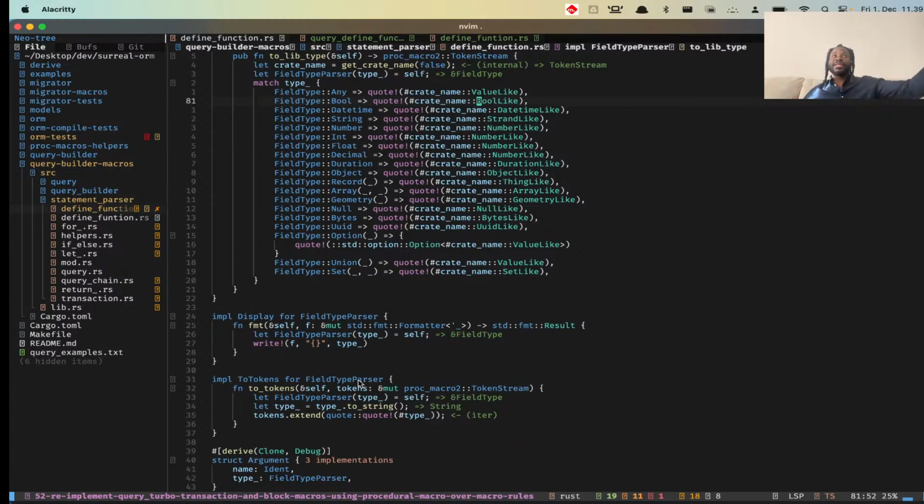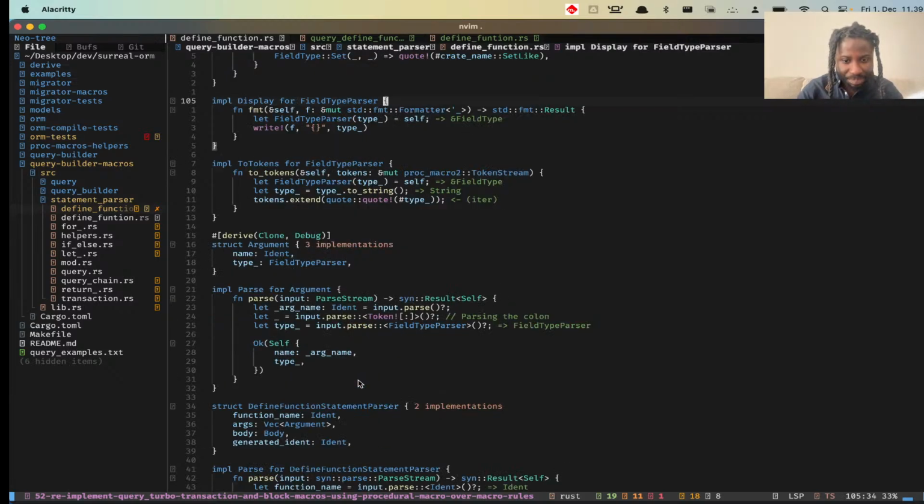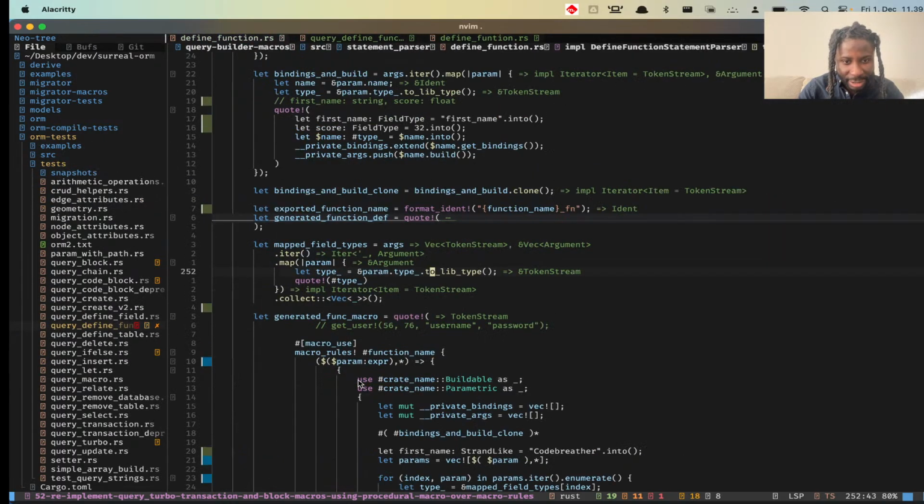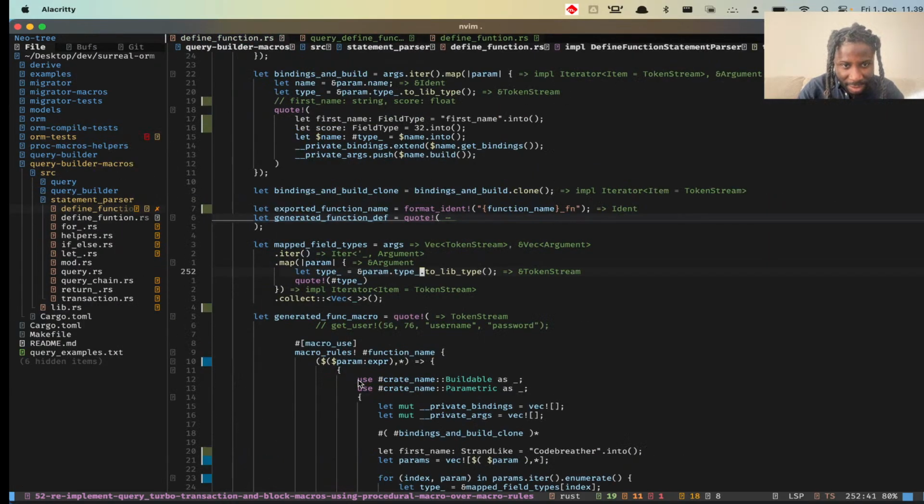Rather than passing something like 33, you can pass a parameter, or rather than passing something like 42, you can also pass a field, or you can pass a statement. I'm going to show you a lot of examples, and this actually unlocks a lot of capabilities. So what we're doing here, if you notice, is that we're getting those types, right, and